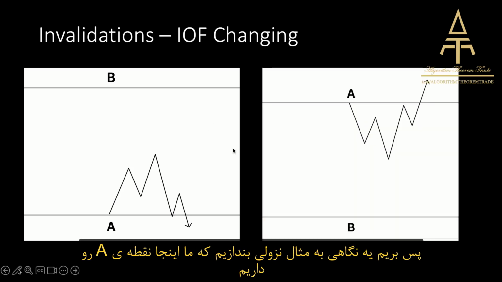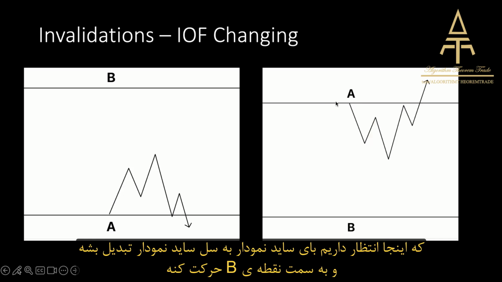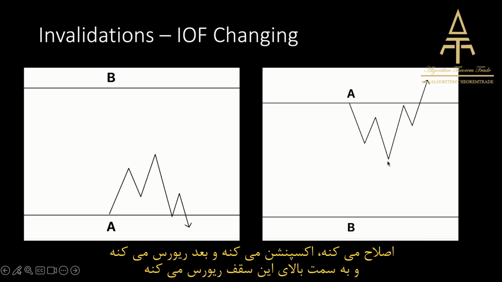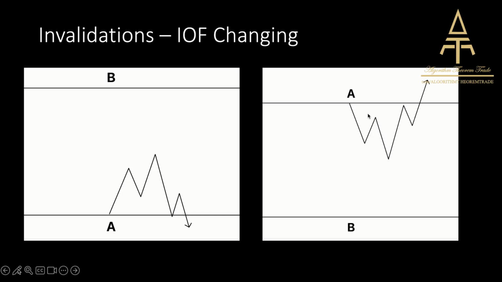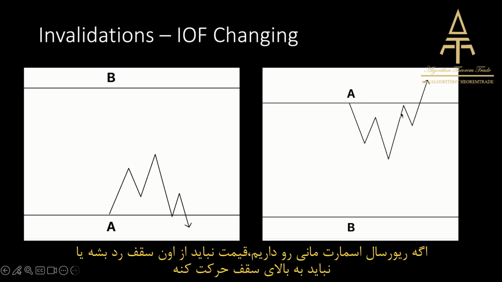So let us take a look at the bearish example in which we had a point A right here, from where we were anticipating the buy side of the curve to turn into the sell side of the curve towards point B. And what we see is that the market expands lower, retraces, expands, and then it reverses. It displaces to the upside above this high. What did I just explain to you? When a high gets formed that gets utilized for an expansion leg lower, that high should not get violated or should not get displaced above if the smart money reversal is in fact in.